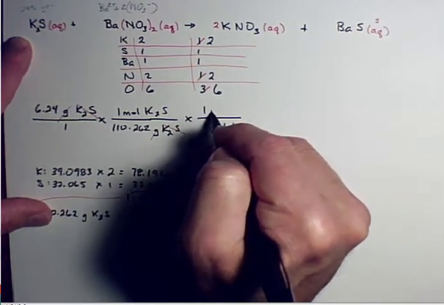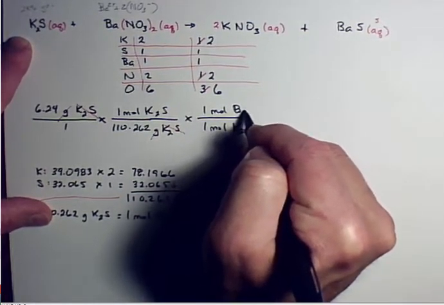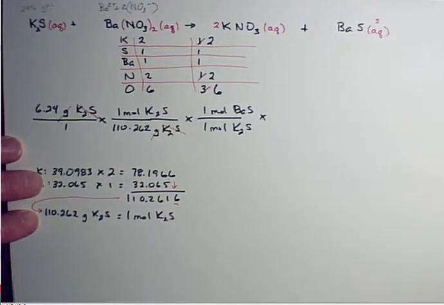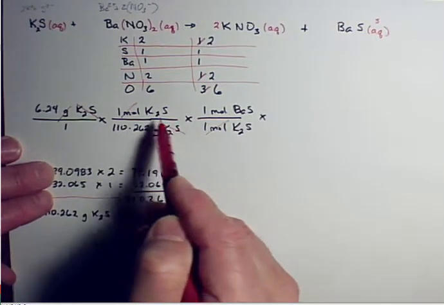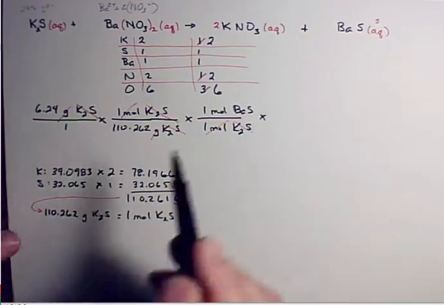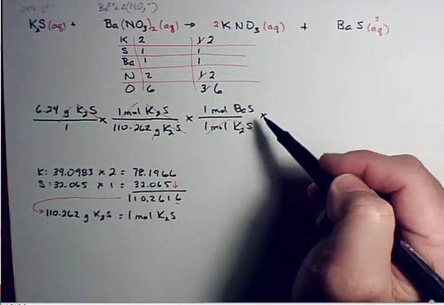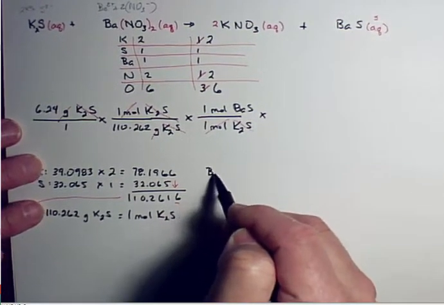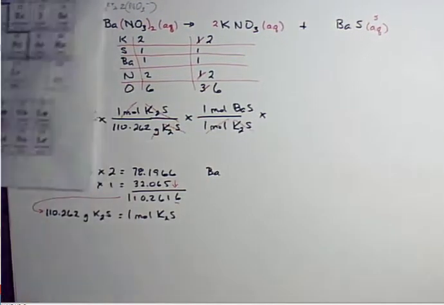And then the 1 mole of barium sulfide goes in the top. Okay. So now we're ready to simplify again. We can cancel out moles and potassium sulfide. We now have moles of barium sulfide. And we need to calculate the molar mass of barium sulfide to build a conversion unit here and get the mass. So the atomic mass of barium